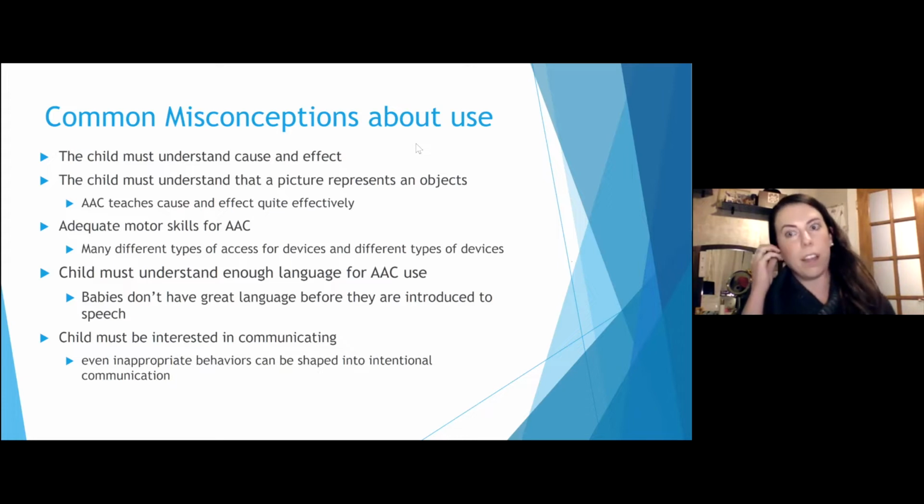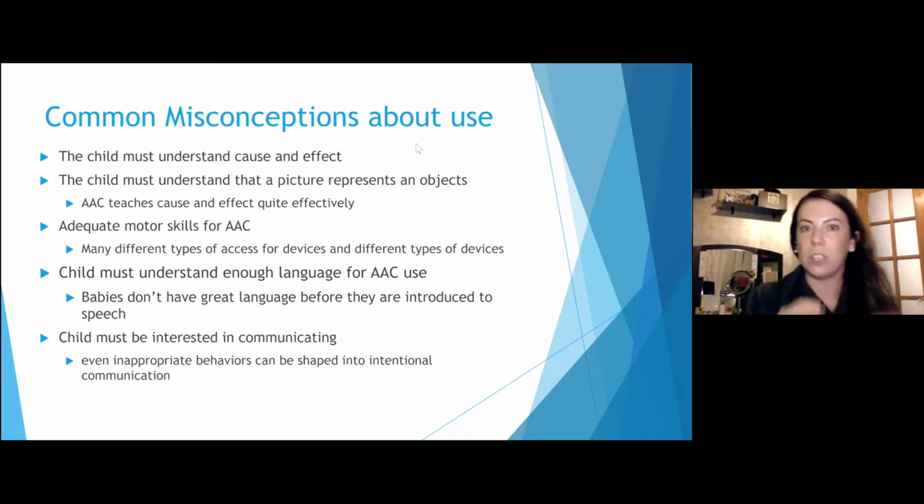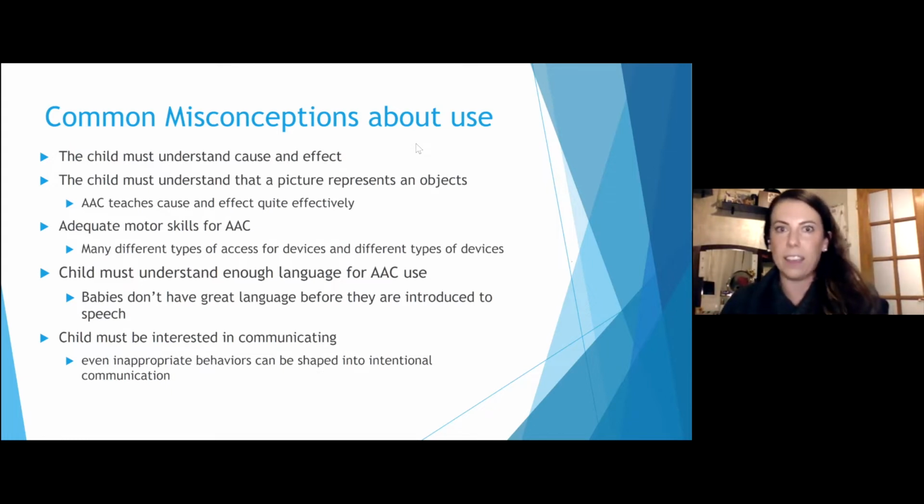There are some words and some programs that have multi-meaning pictures, which means that a picture of a can also represents the can of when you ask a question of, can I do this? It also represents drink. It also represents all of these other things. And so that means that single picture doesn't only represent that single thing. And when you're teaching cause and effect, you are teaching them that a picture isn't what is representing something they're learning. They're learning more that when I select this item or this button, I'm getting a result from that.